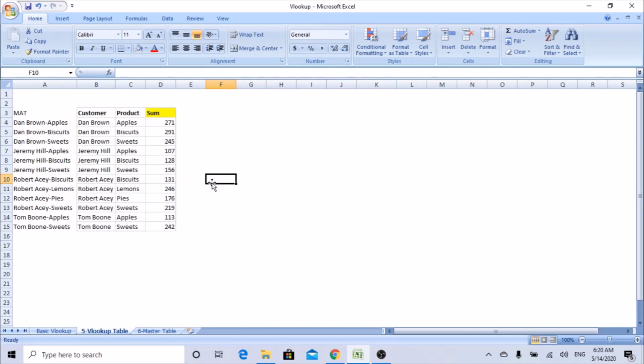Very important: when you are not able to find a unique column, you can merge 2 or 3 or any number of columns to get a unique column. Once you get the unique column, you repeat the same thing for the master data, and once both the criteria match the unique columns, then you can put a VLOOKUP and retrieve the data. That is very important, guys. And I hope this session was helpful.